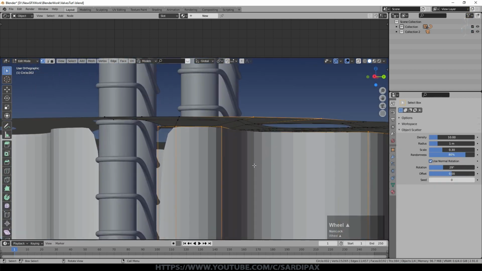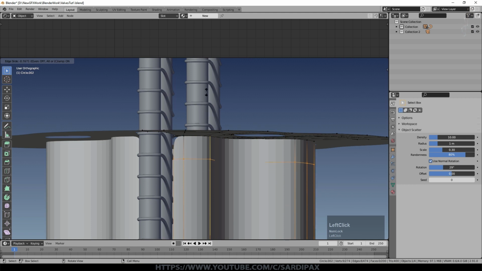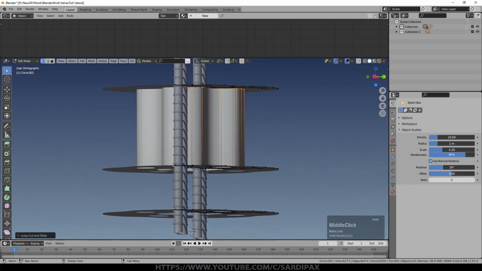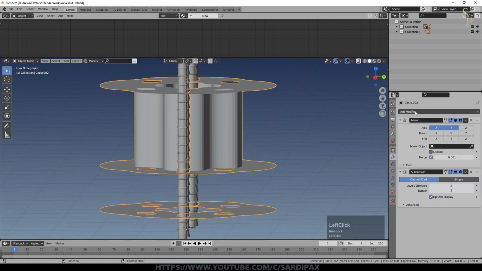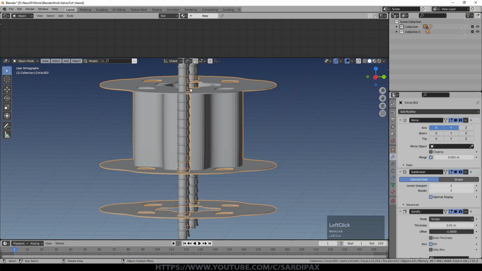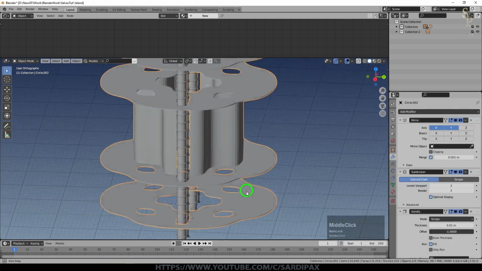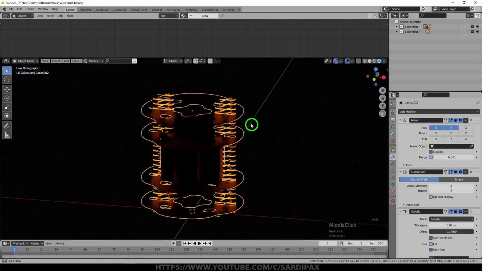And you notice that we've got a slight odd effect there at the top. So I'm going to press Control R to add another loop and just bring that up to the top there, and that will just fix that bit. We don't have a problem down the bottom one. So go back to modifiers and we'll add a solidify modifier this time. And you notice everything suddenly got a little bit of thickness. So if we go into preview mode, it's starting to shape up now.